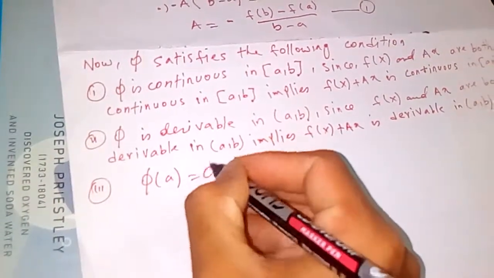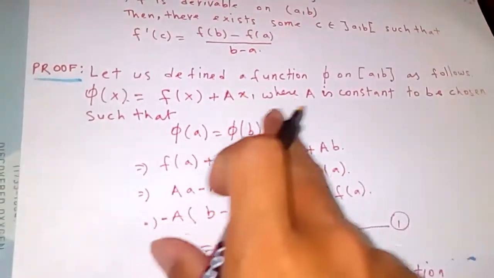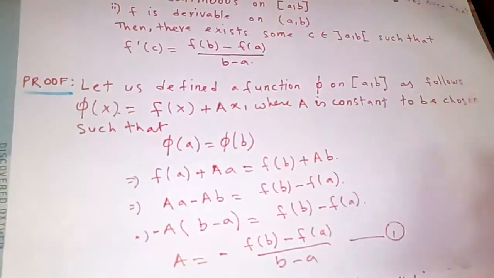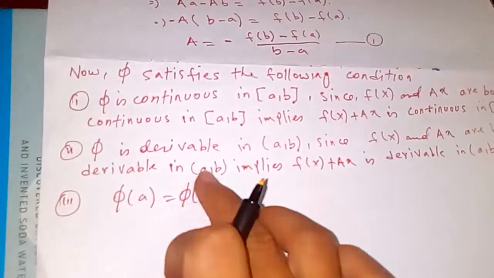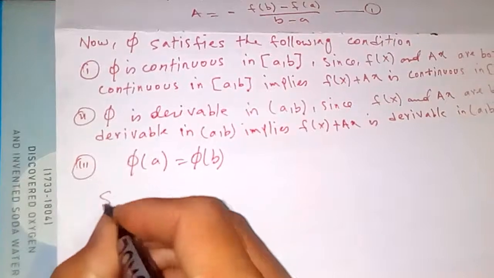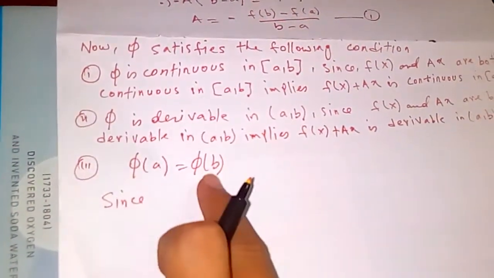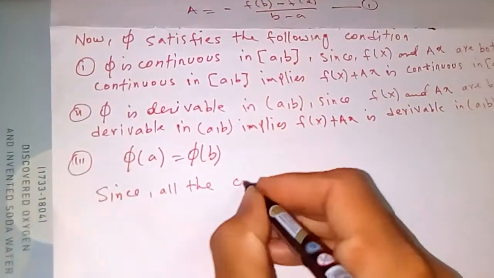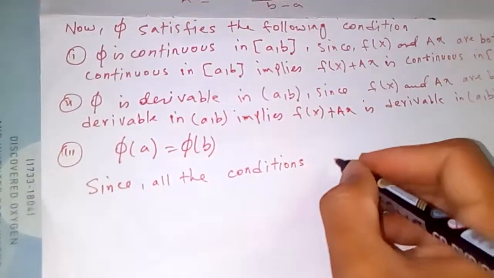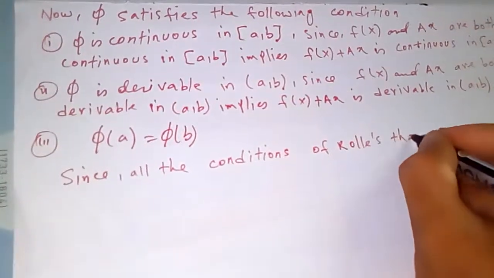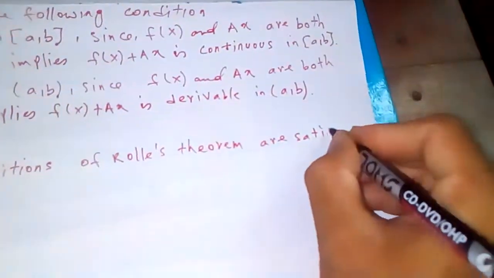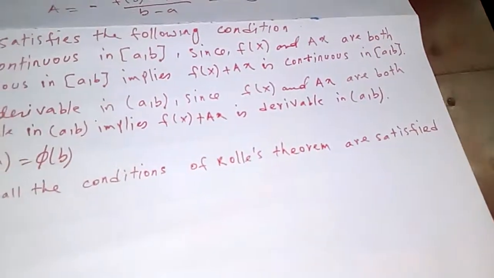And our number 3 is phi of a is equal to phi of b. Here A is a constant to be chosen so that phi of a is equal to phi of b, which is number 3. So what do we mean by all these conditions? Since phi is continuous, derivable, and phi of a is equal to phi of b, that means Rolle's theorem is satisfied. All the conditions of Rolle's theorem are satisfied,